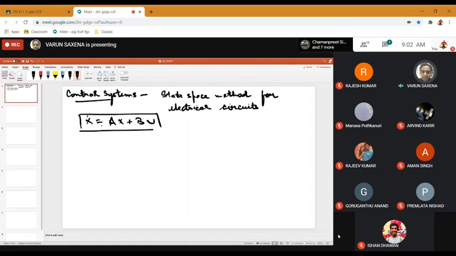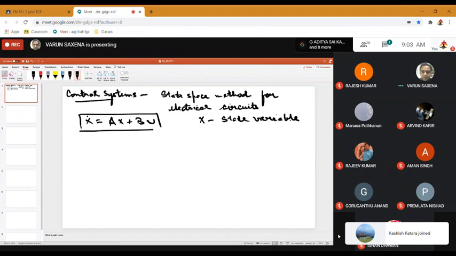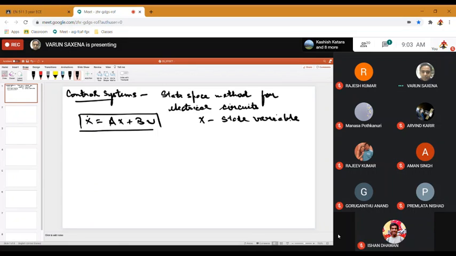Okay, so you remember that x used to be the state variables, and there could be as many as you like depending upon the problem and depending upon how you want to handle the problem. A and B are matrices. They are square matrices or so-called rectangular matrices depending upon the number of state variables and number of inputs.